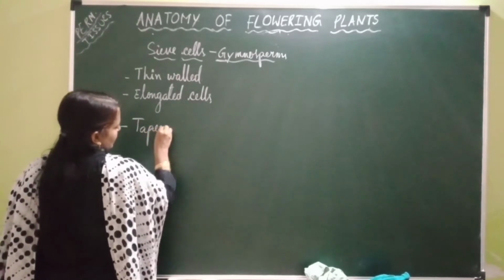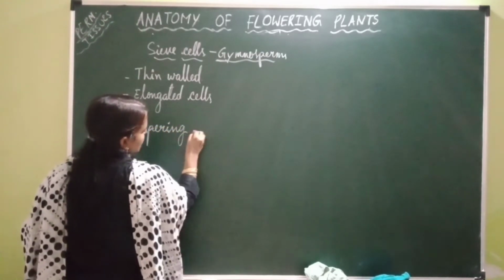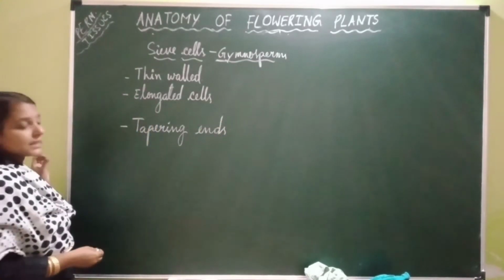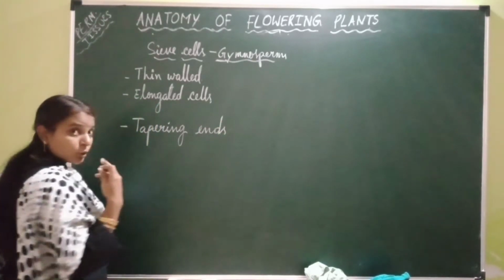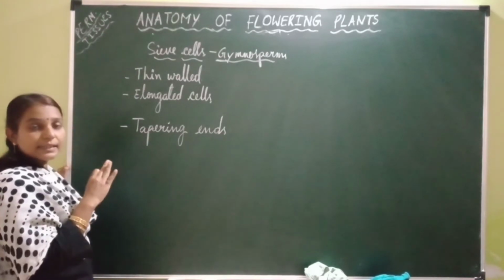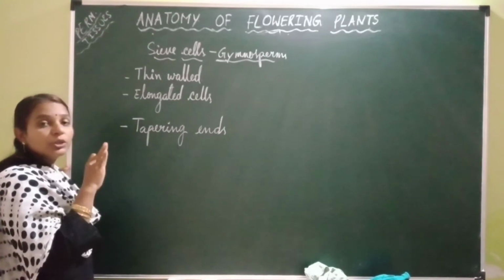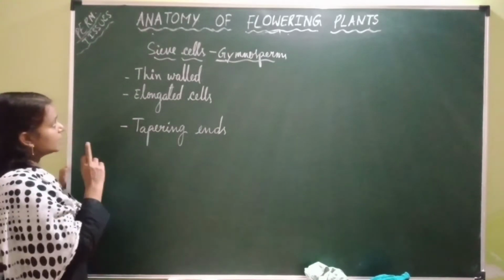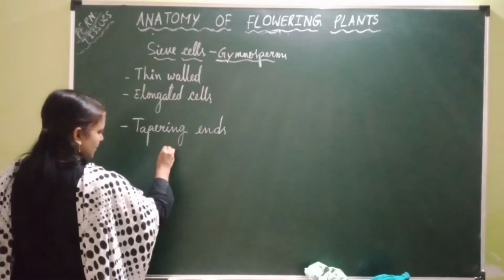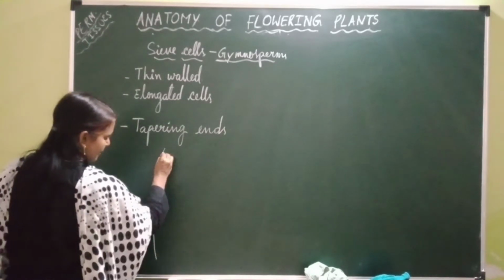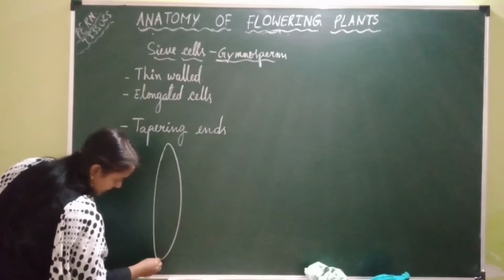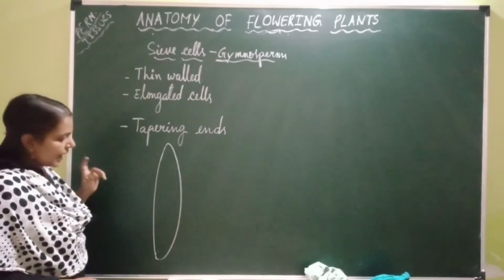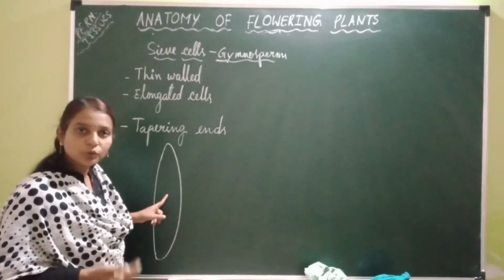Okay, now let's see the structure of one sieve cell. So these sieve cells are single celled. Actually, sieve tubes are many celled, where sieve members are joined together to form a single tube-like structure called sieve tube. But here sieve cells are single celled. So this is a sieve cell, which is thin-walled, elongated with tapering ends, and these sieve cells are involved in the transport of food materials